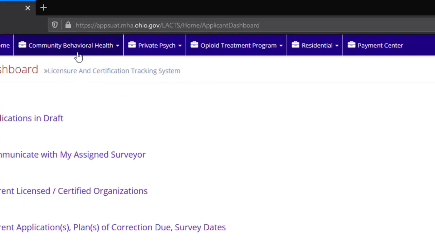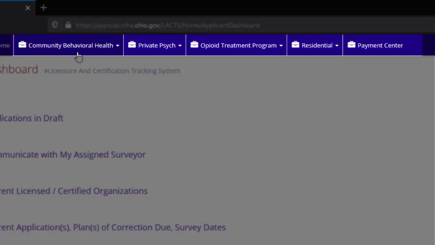The section of the application I want to discuss first is the horizontal menu. This menu is located along the top of the screen and will give you access to initial licensure and certification applications for community behavior health, private site, opioid treatment program, residential, and finally the payment center, where you can make payments on your account. If we scroll to the far right of the horizontal menu and click on My Name,